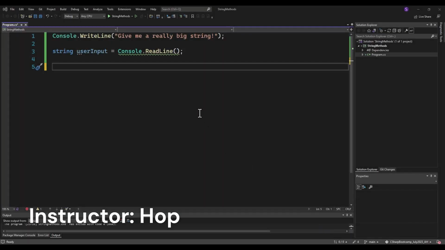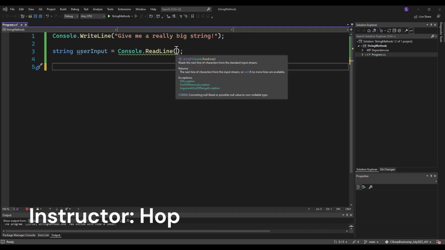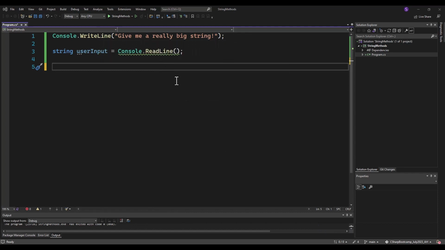All right, let's continue working with strings. So I've got, it's kind of a silly program, but it'll get the job done. I've got basically telling the user to just give me a really big string, and then I will store it in user input. All right, so now we're going to see what more things we can do with strings. So let's say, for example, I want to take this string and replace one letter with another letter. All right, so I'm going to do user input